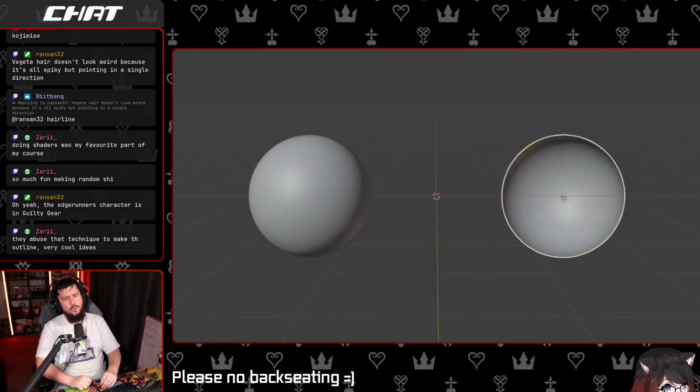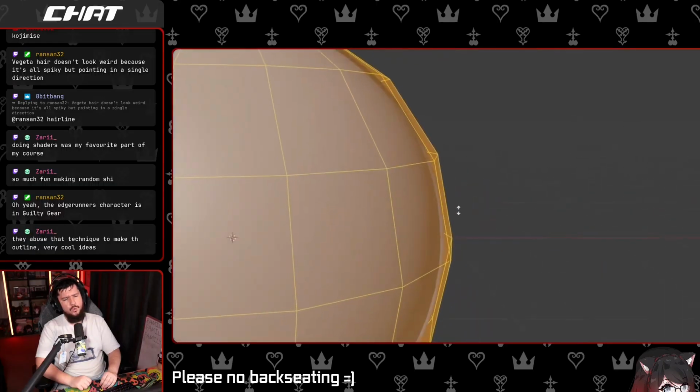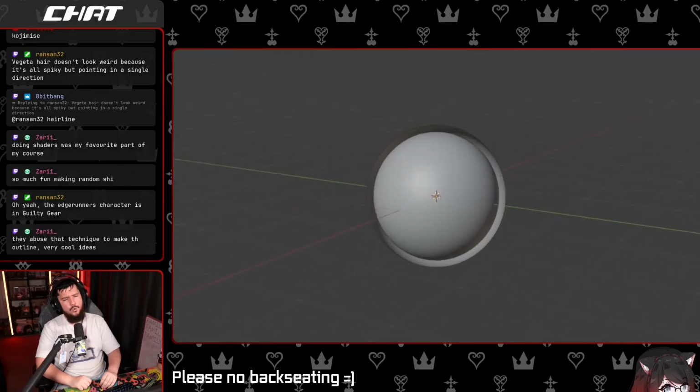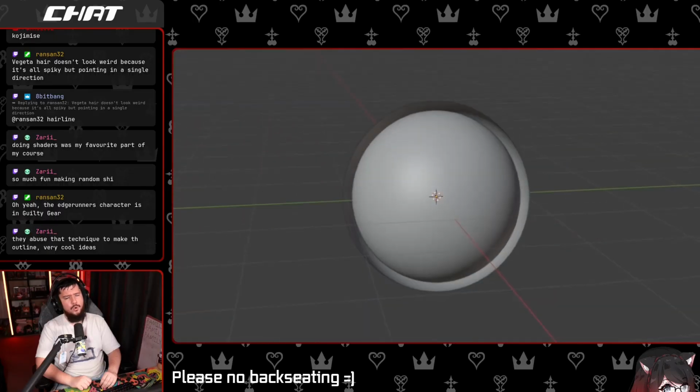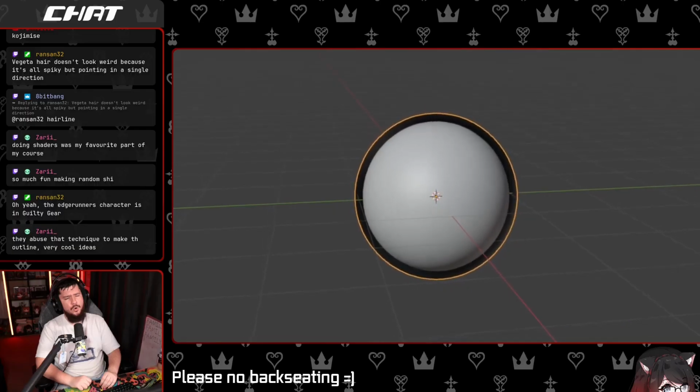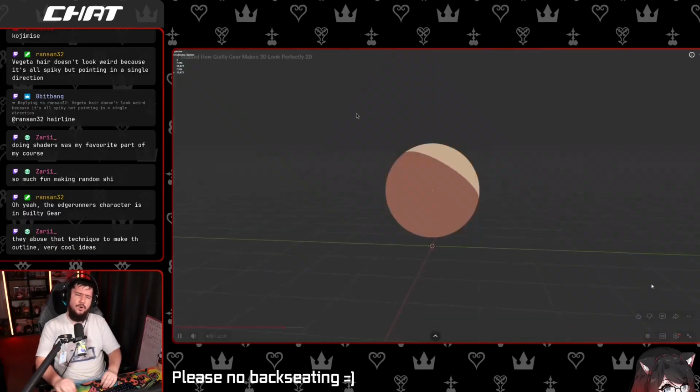Now, if we combine both versions of the model and make the inverted one slightly bigger, we can always see the bigger one behind the smaller one. Then we just need to add back colors to both of them and the setup is complete. To create this kind of